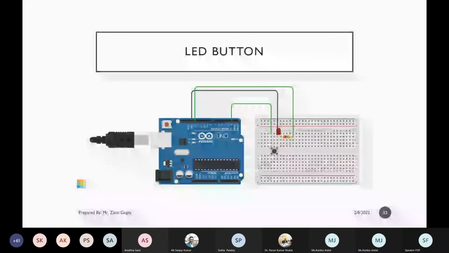The name of this button is push button. सर्च बॉक्स में आप क्लिक करेंगे पुश बटन, आपको मिल जाएगा इजीली. पुश बटन की किसी भी एक लेग के साथ आपको कनेक्ट करना होगा. Once the design is done,